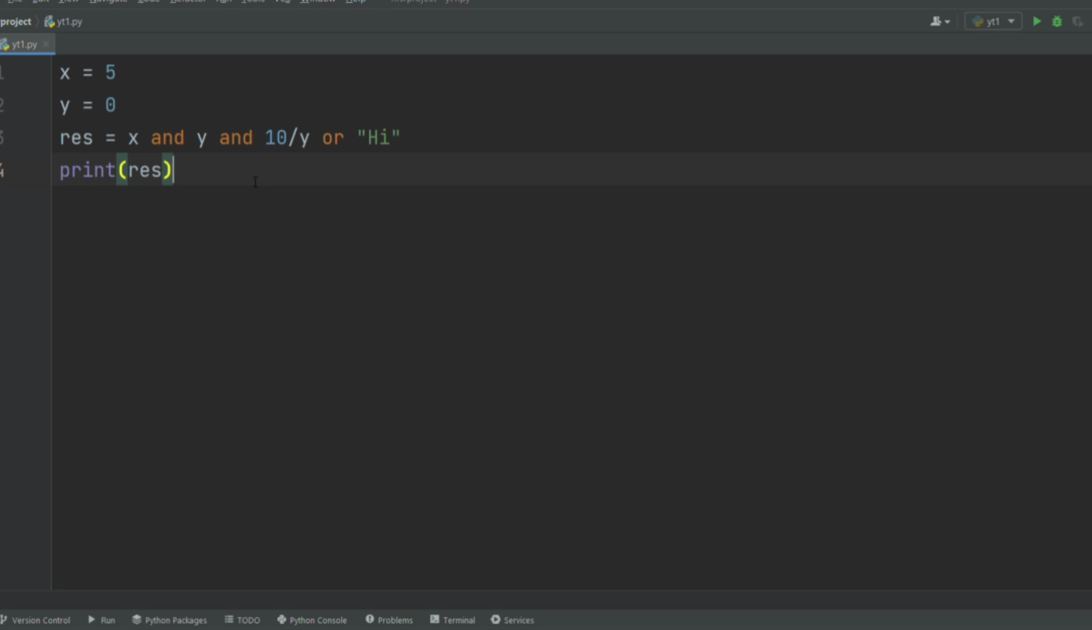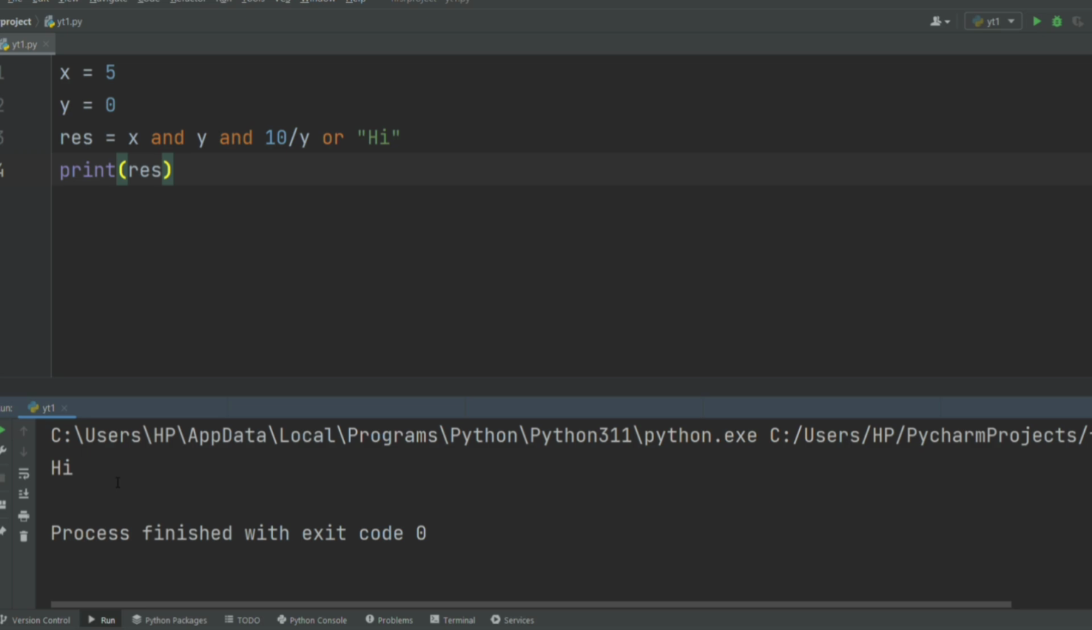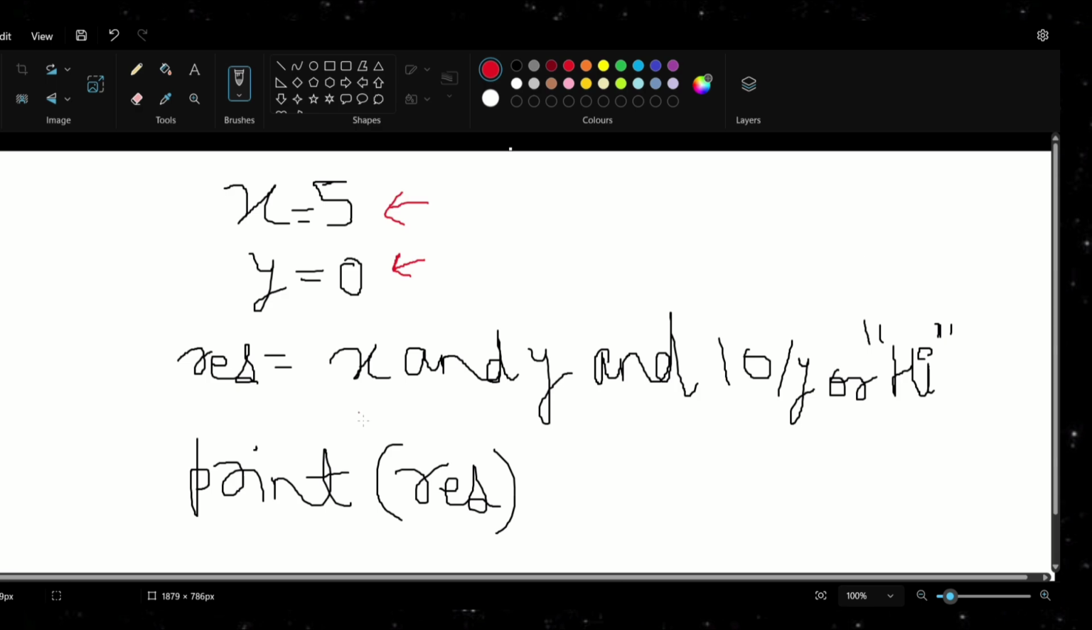Well, that's not the case. And it also doesn't print true or false. It prints "hi". Well, if you didn't understand this code, let me explain. So this is the code, and here we need to understand only this part because we have to see how